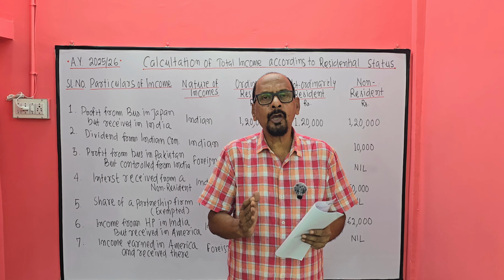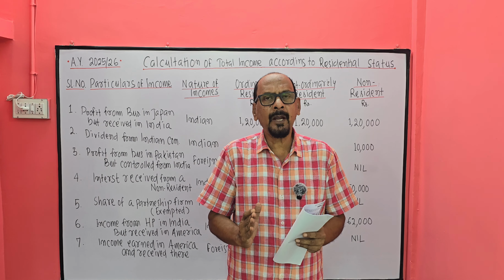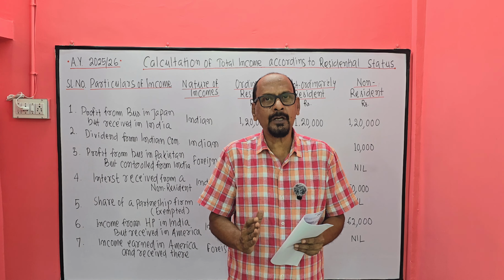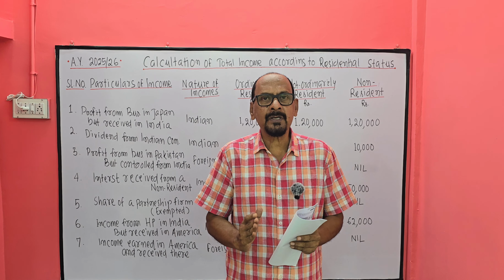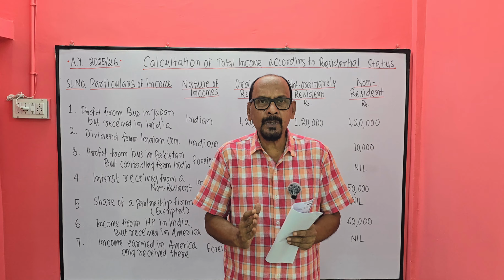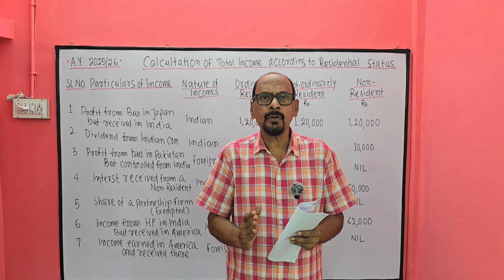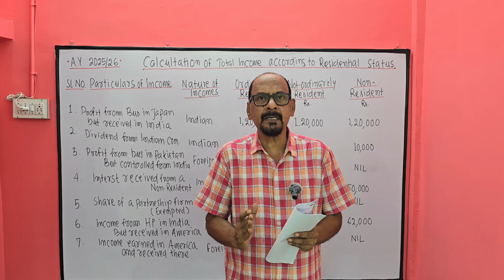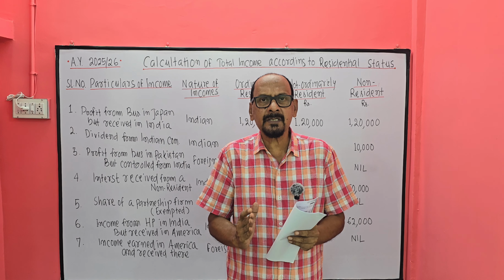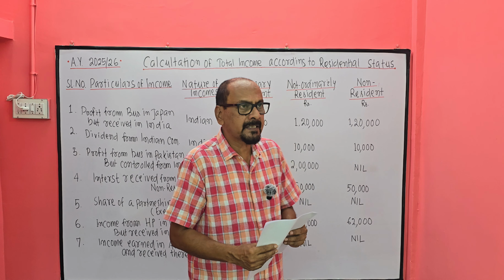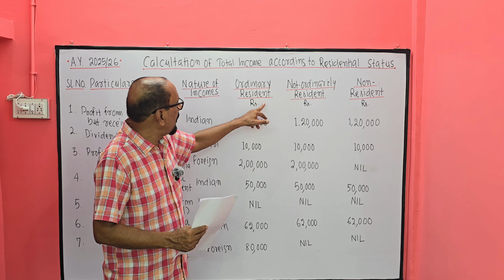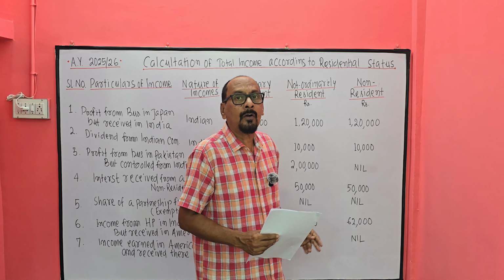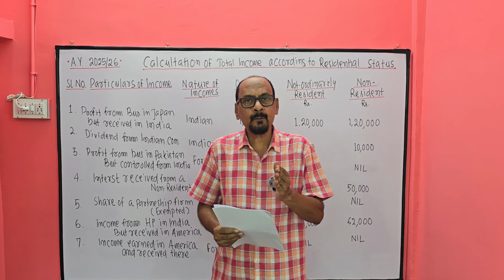Again, today I will work out a problem and solution on the calculation of scope of total income according to residential status. It will mean how to compute the total income of an assessee based on residential status, if the assessee is an ordinary resident, not ordinary resident, or non-resident. So I will explain